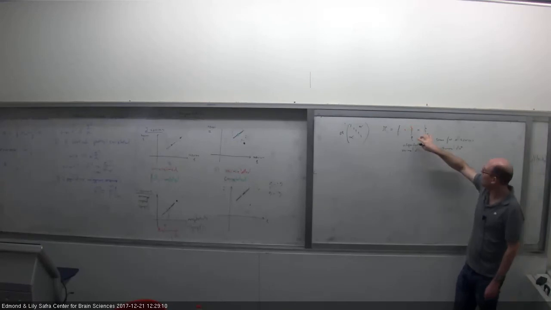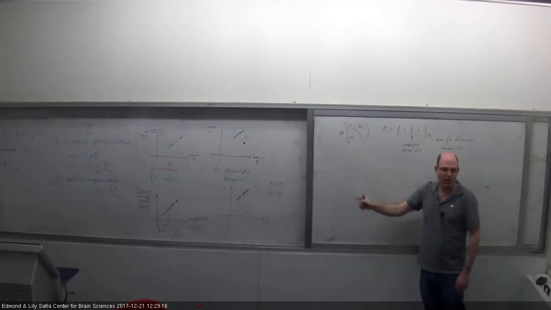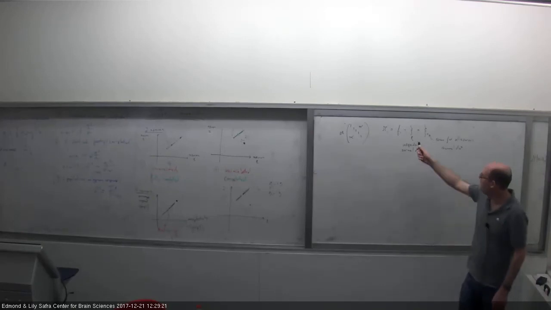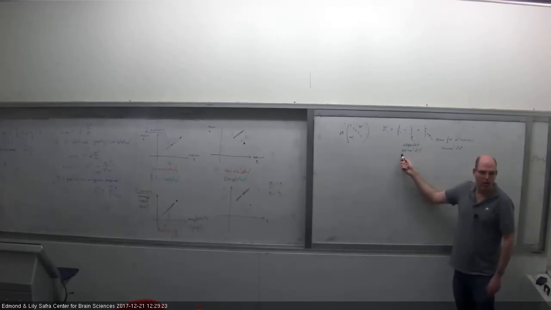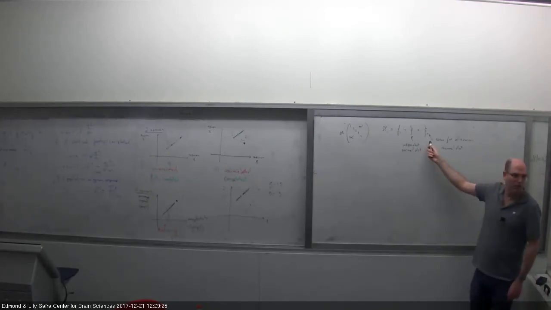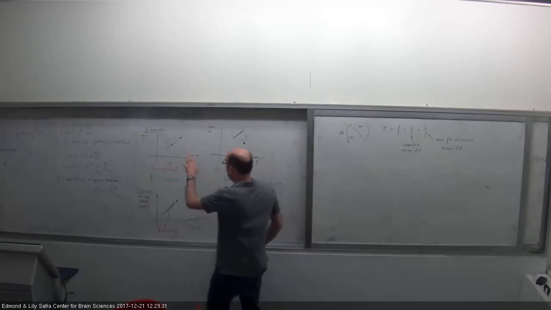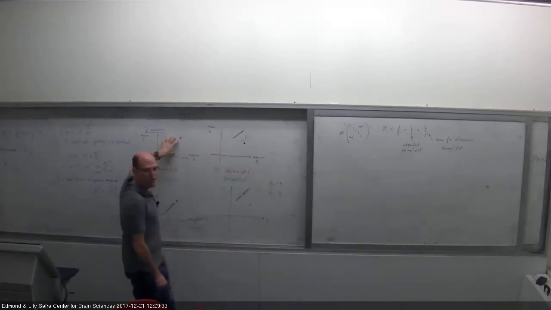Because the noise part in each one of the neurons is the same. So you can really think about this covariance matrix as coming from noise that has two components. One component is independent in all the neurons, and one component is shared by all the neurons. Once you understand that, you can understand what will happen to this covariance, to this circle, as you increase n in the partially correlated case.